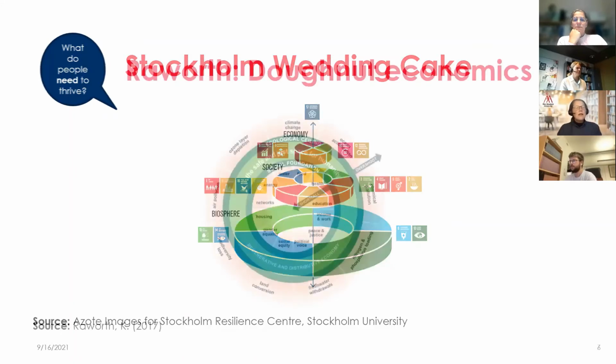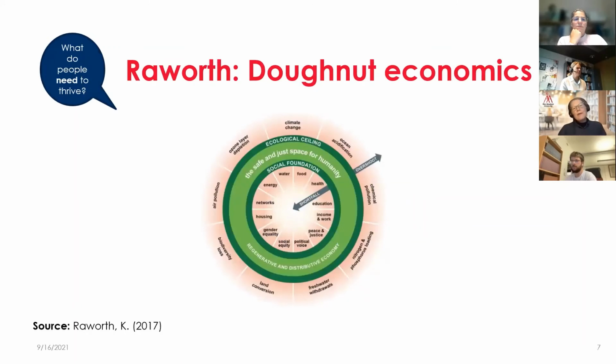Then the other one in this category, what do people need to thrive, is from Kate Raworth's Donut Economics. I'm sure many of you have heard about this. This model is fairly new, but it has become very popular, and for a reason, I would say. In this model, the social foundation is the innermost green circle,